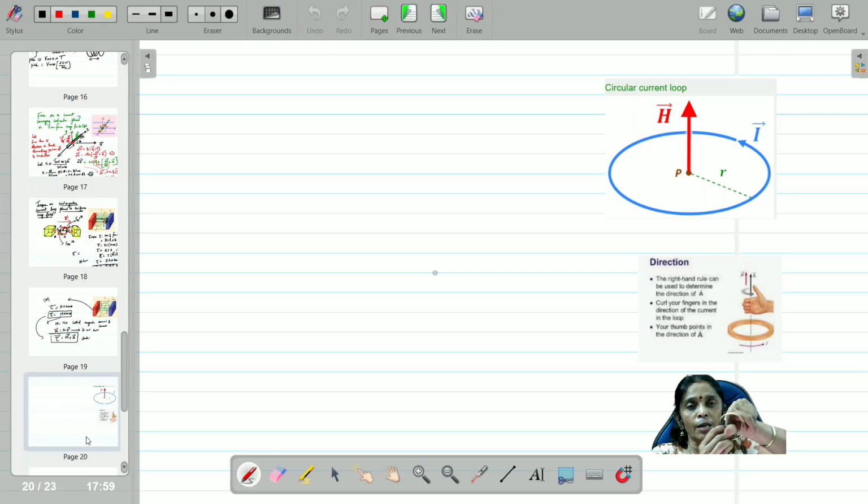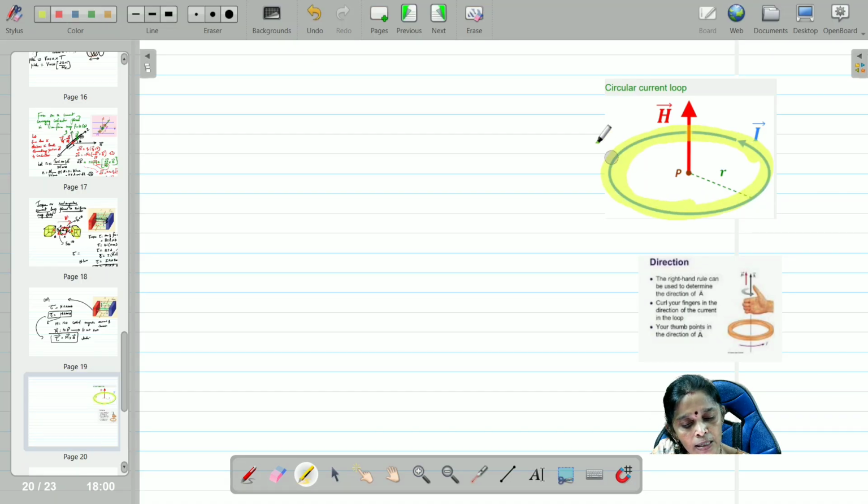If the current is clockwise, the magnetic moment is inward. If the current is in the anti-clockwise direction, the magnetic moment is outwards. Same thing here, if the plane of the coil is placed horizontally, the current in the coil is anti-clockwise, upwards, clockwise, downwards. That is what is given here in the diagram. You can very well see here, the current is going in the anti-clockwise direction. The magnetic moment, here it is given H, but then we will take M.